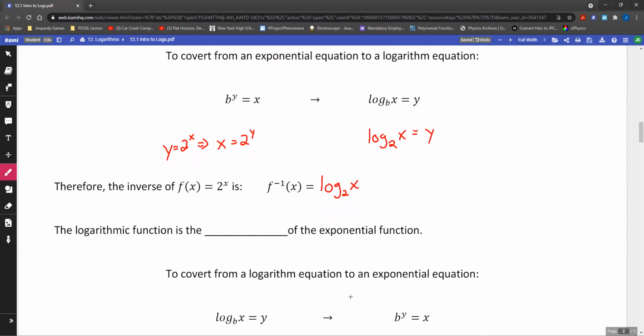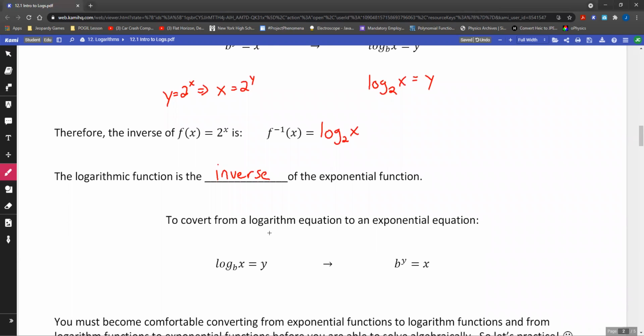So the logarithmic function is the inverse of the exponential function. And we could go back the other way. If we had a log function, we could rewrite it in its exponential form. The main way you're going to kind of remember how to do this